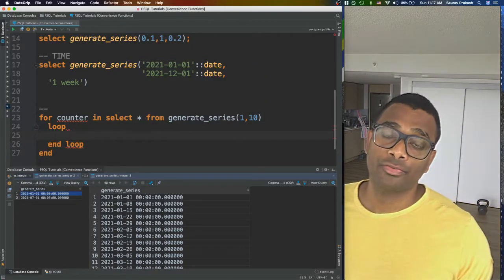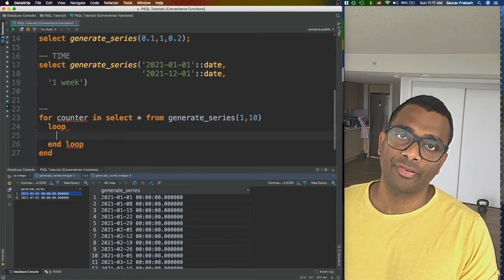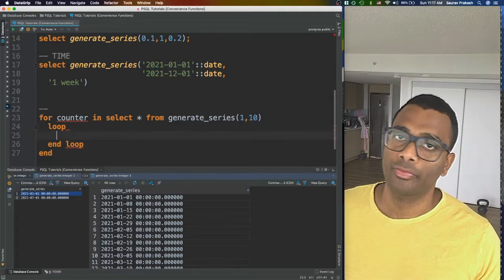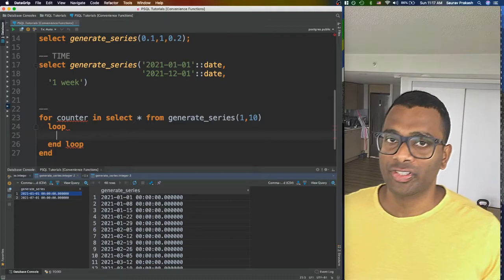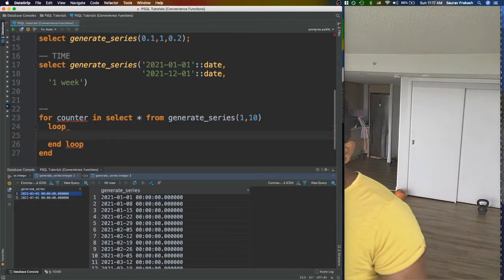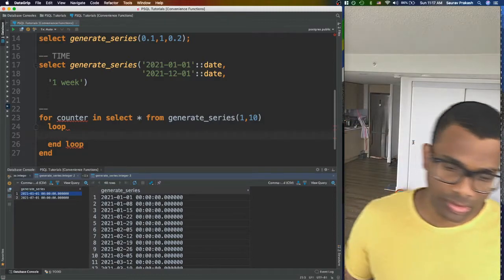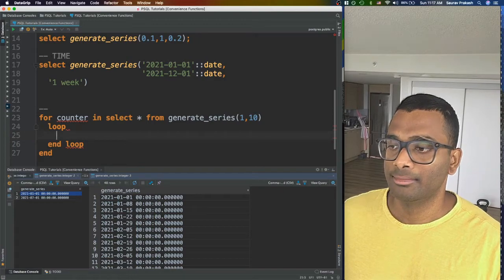So especially with for loops, I find it very helpful to utilize generate series to iterate over range of values, especially inside PostgreSQL functions. By the way, I'm gonna create kind of like a bunch of videos. I'm gonna put it out on YouTube, and